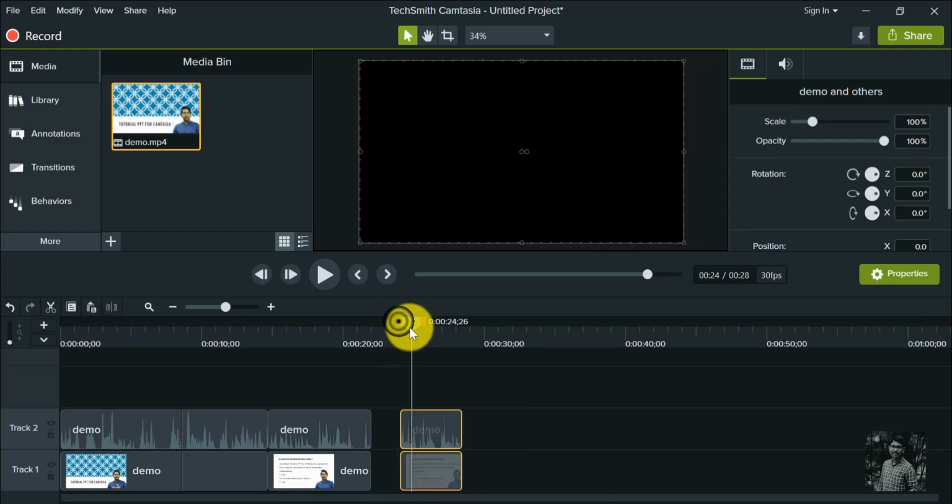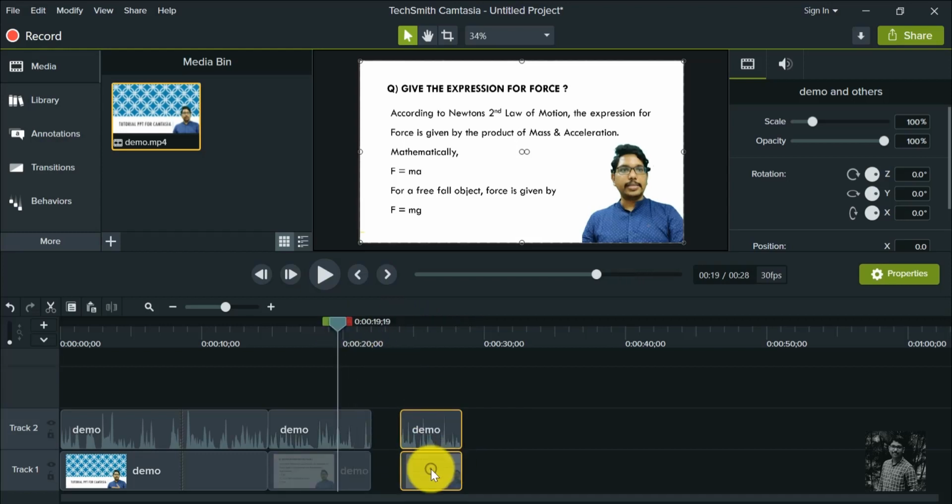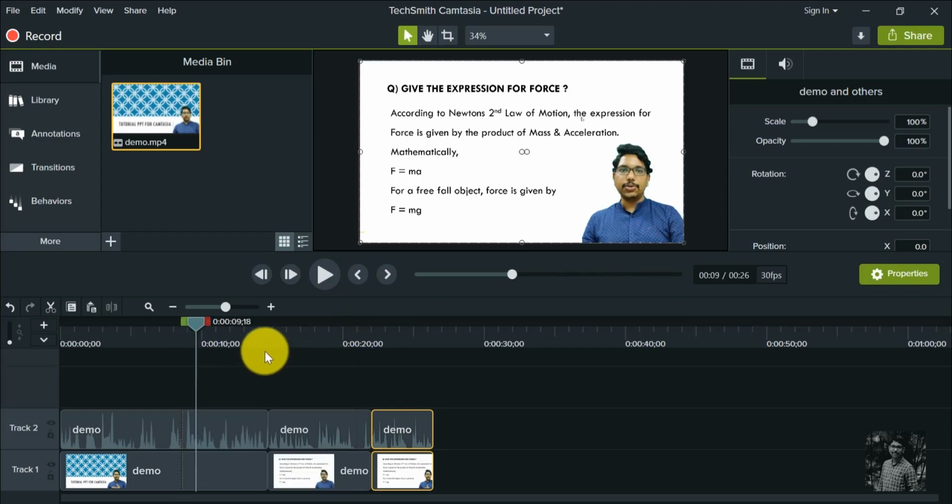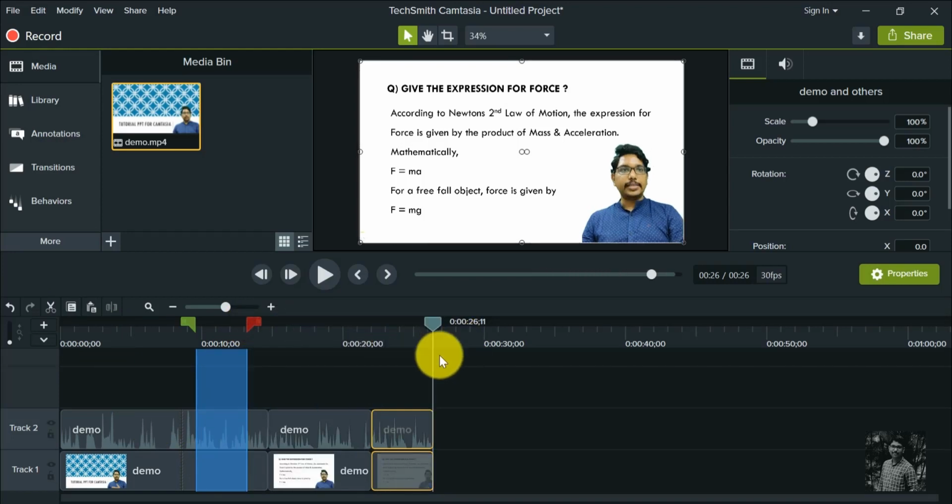If you want to remove the gap, again just select the entities and slide them. That's it. The gap can be removed. Okay. In the same way, if you want to copy and paste, you can do the same. Again, I'm showing that if I want to copy this particular area, click on copy and position the slider where you need to paste.